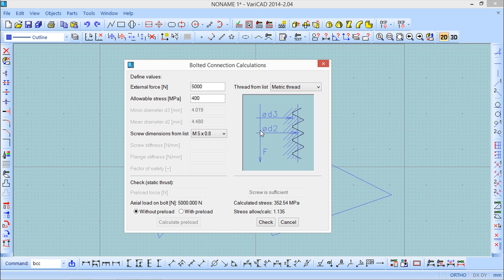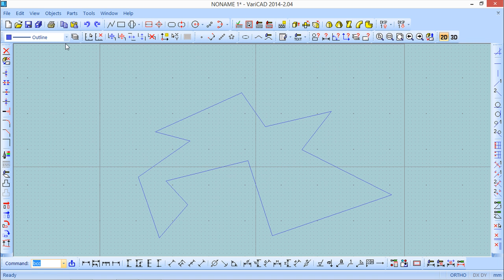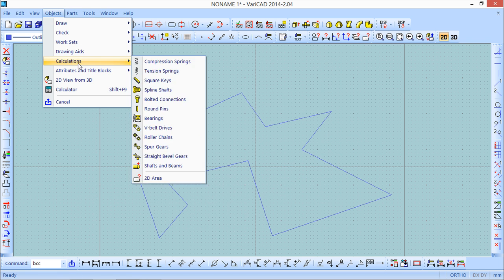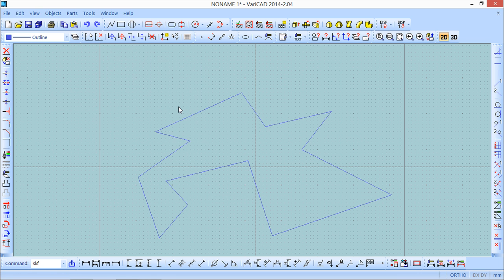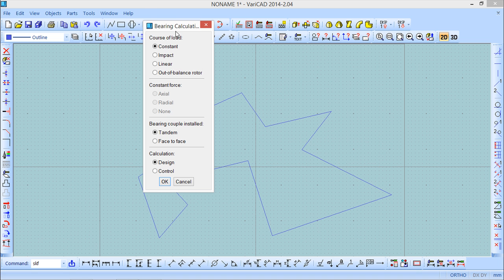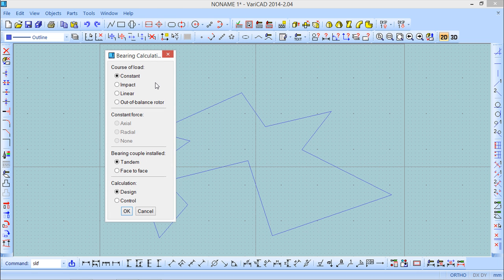Okay, but this is the way to work with this, and you have the possibility to have different threads from this list to try and to check. For example, a different calculation like bearings calculation, it is quite interesting also, because you can use the SKF catalog, and it is quite easy